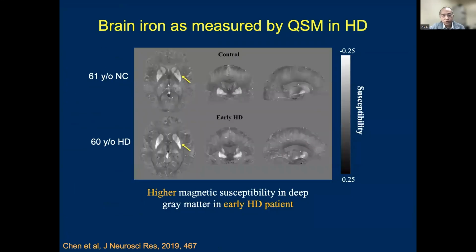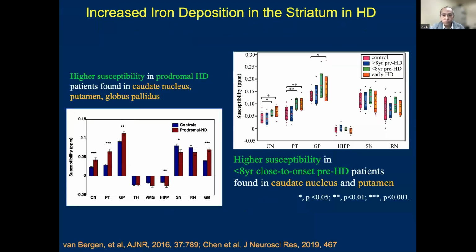Here, just showing an example of the QSM images in two subjects, one with Huntington's disease and another age-matched control. We can see there is a higher magnetic susceptibility in the deep gray matter, especially in the putamen and caudate. So far, we have done two separate studies using QSM